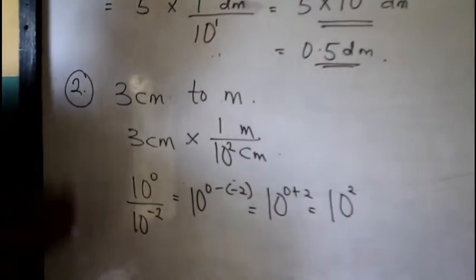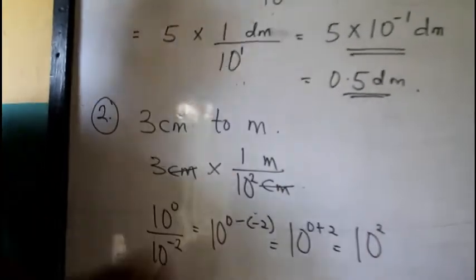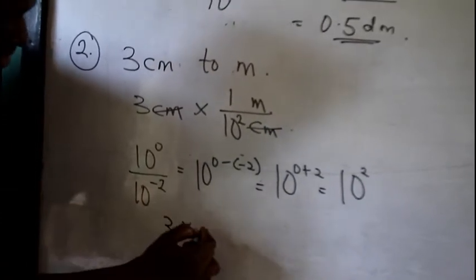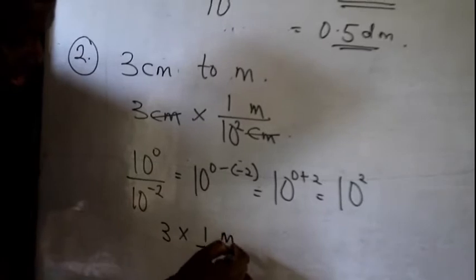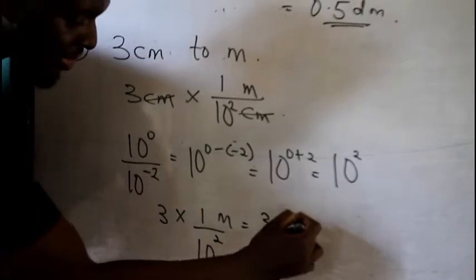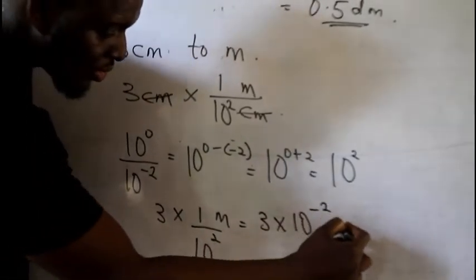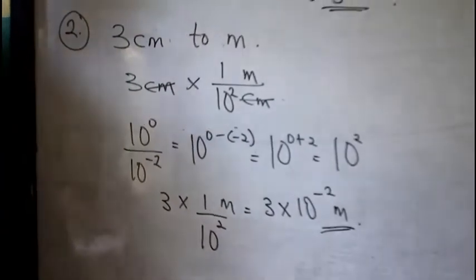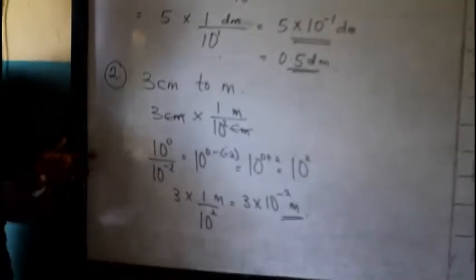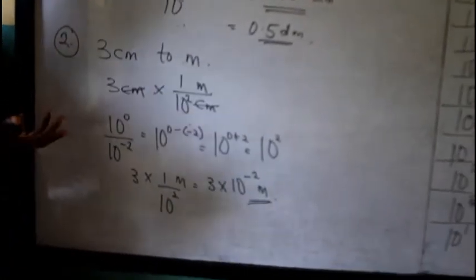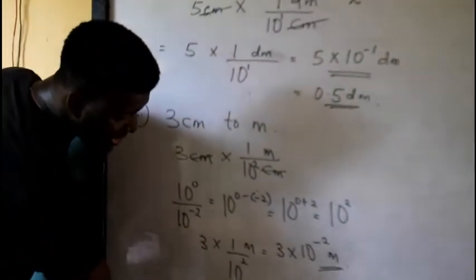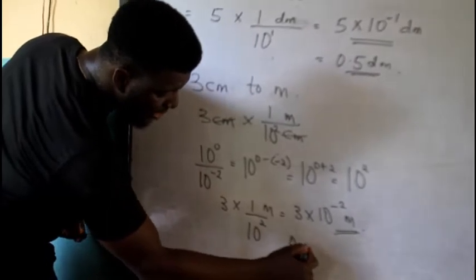So now therefore, let us do our mathematics. Centimeter cuts out centimeter. So we have 3 multiplied by 1 meter over 10 raised to the power 2. So that's the answer: 3 multiplied by 10 raised to the power minus 2 meters. You don't have to cram. This is so very simple. And I have my answer. You can also put your answer in decimal. This is in standard form. You can put it in decimal. You have it as 0.0